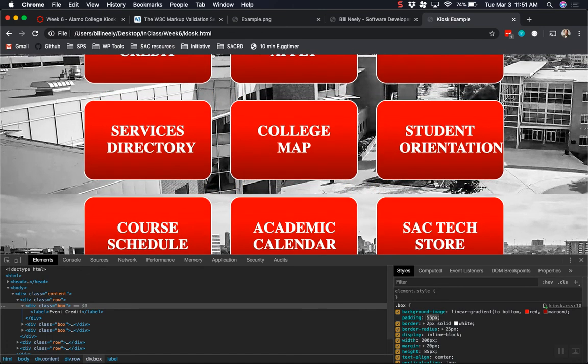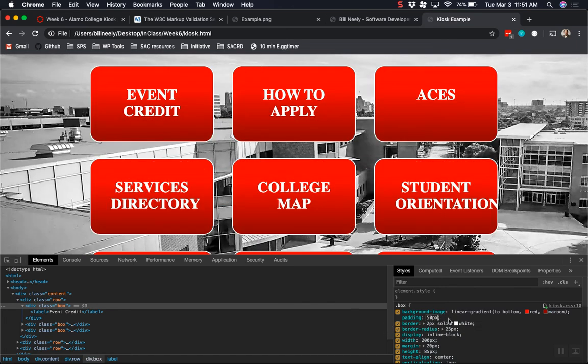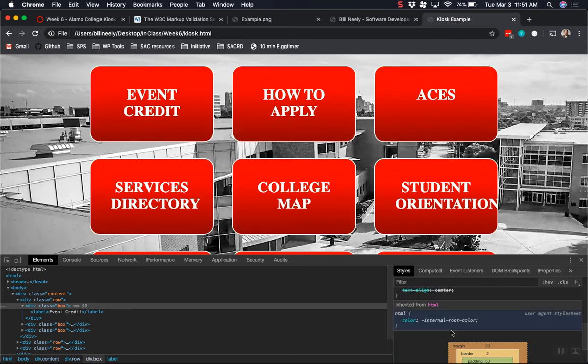Yeah, so it's that padding on the right there that's really too big. So if I did 50 pixels all around, but then if I just tried to do the right here, and if I just had the right go down,